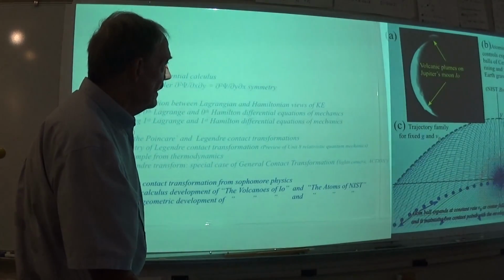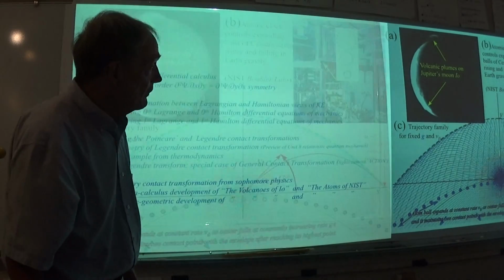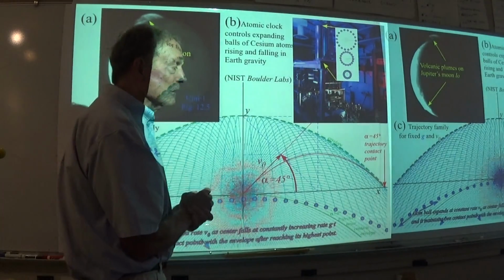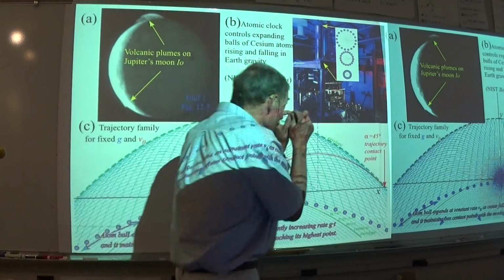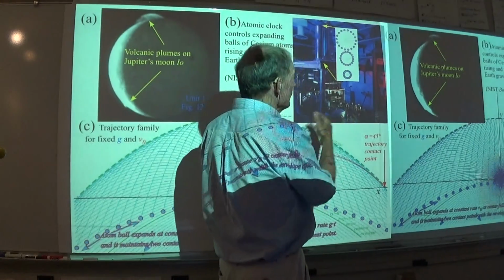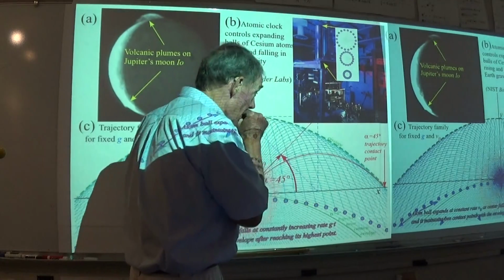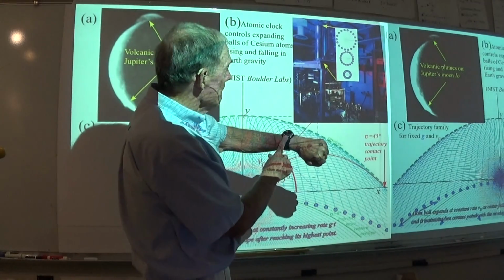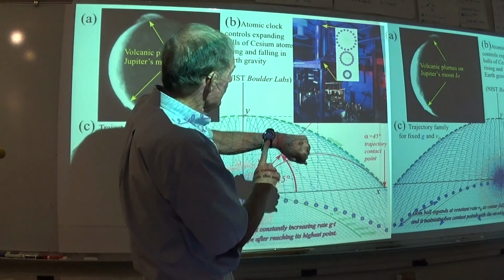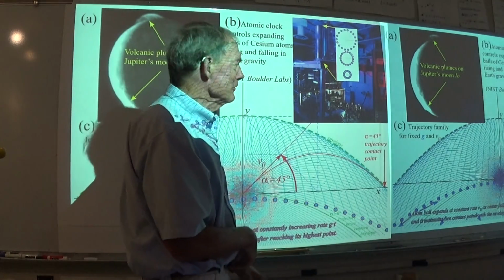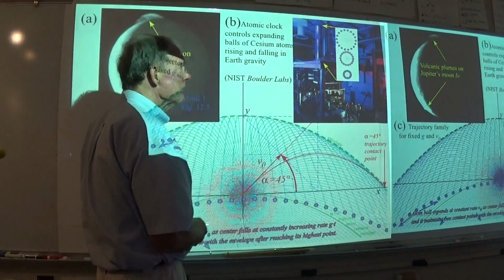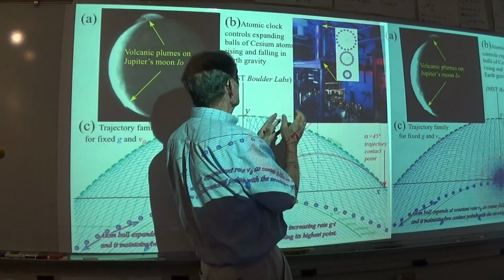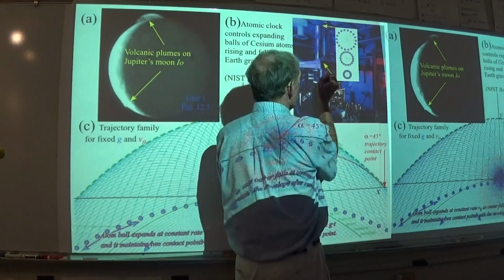But I'm going to take you now to a contact transformation that really deals with something we see when we look closely at the National Institute of Standards and Technology, the thing that generates accurate time, which reads into this nice wristwatch I bought at Walmart yesterday to replace a piece of crap I had before. In any case, what it is is a bunch of cesium atoms that are